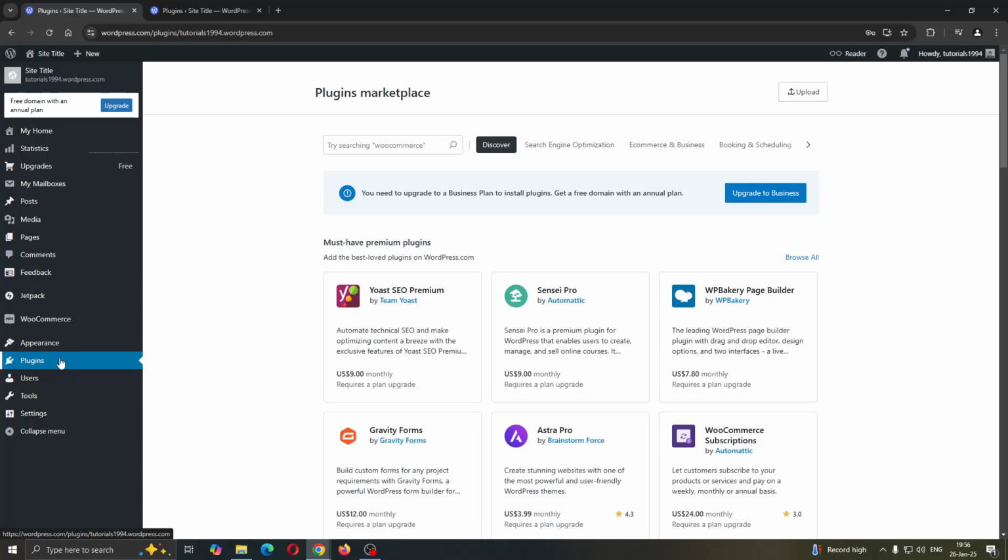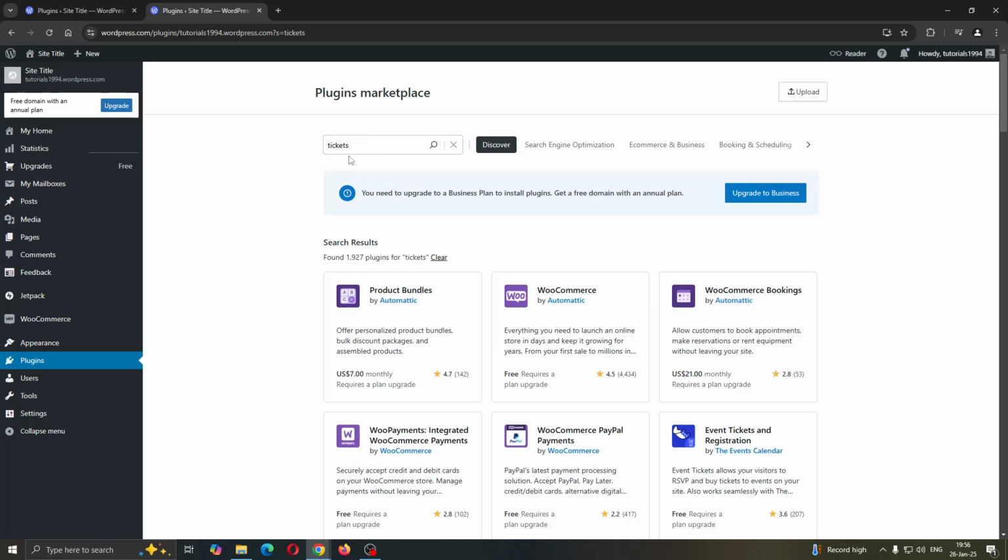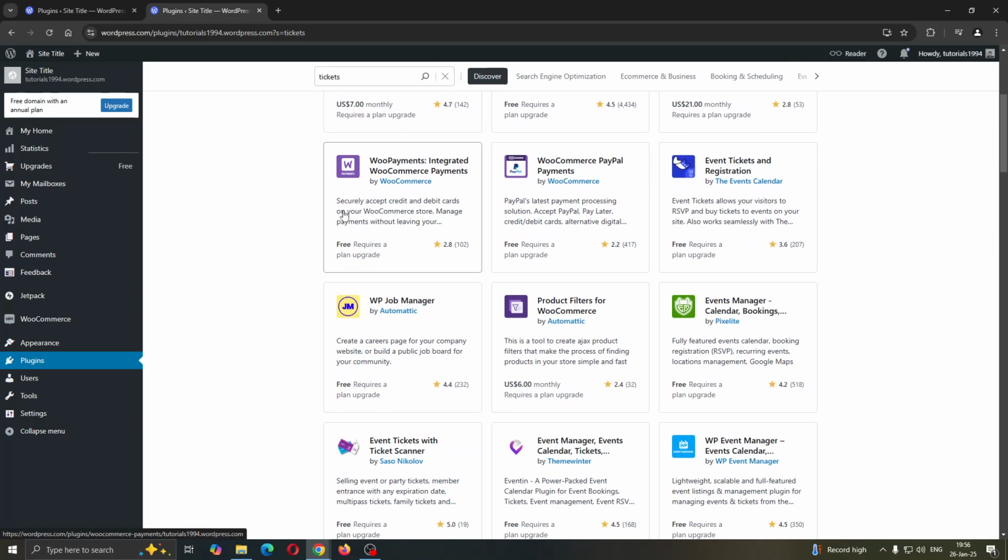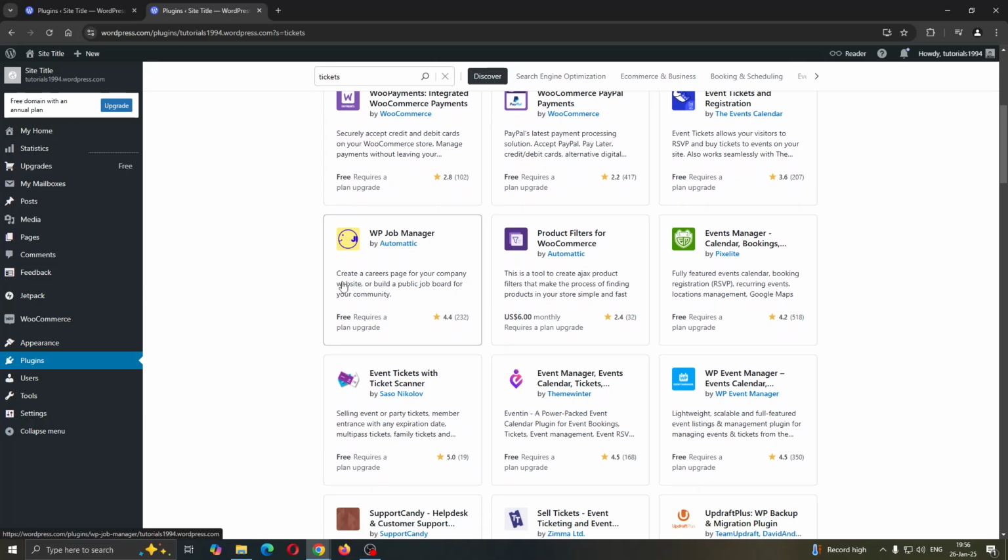That's going to open up this plugins marketplace. And once you open up the plugins marketplace, we can use the search bar at the top of the screen. In the search bar, you want to search for tickets. So by searching for tickets, it's going to give you all the results for plugins related to tickets. And if you scroll down a bit, you'll be able to find a plugin that's going to help you with